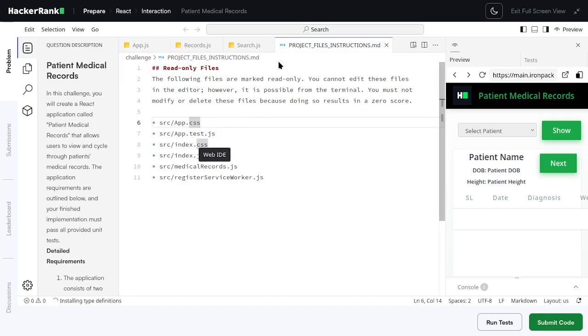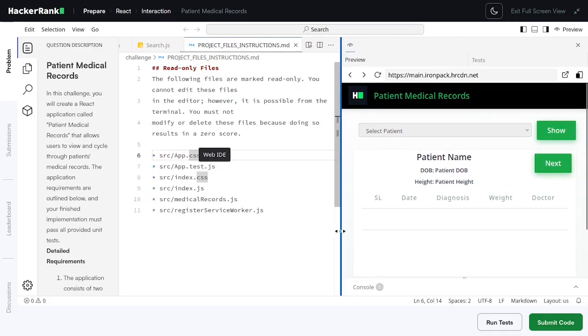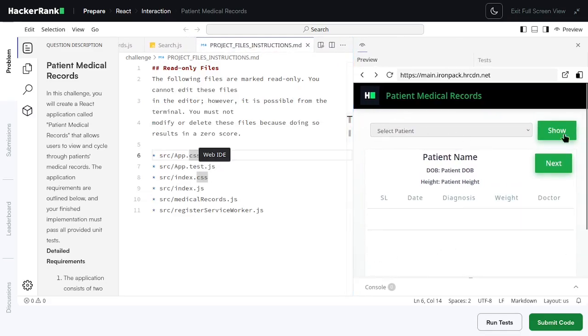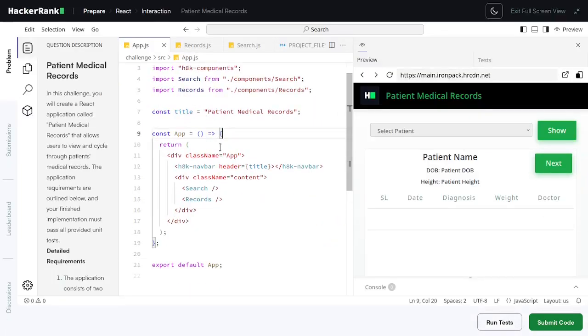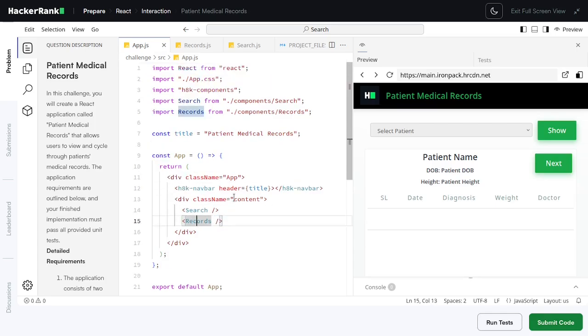And this is the instruction, and somehow I think the search and records are on this. This is the search section, the component, and this is the records component that has the table right here. They are wrapped as children components of the app. Maybe it is. Let's scroll to the app. Okay, so this is the app functionalities, and the children, yeah, it has the search and records,